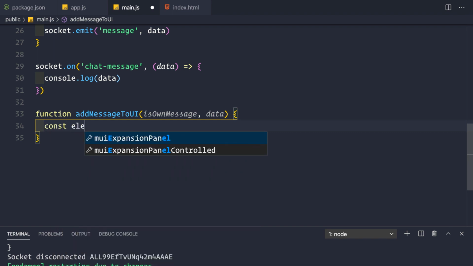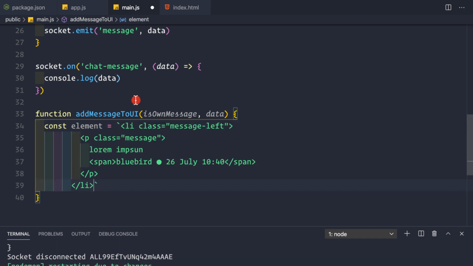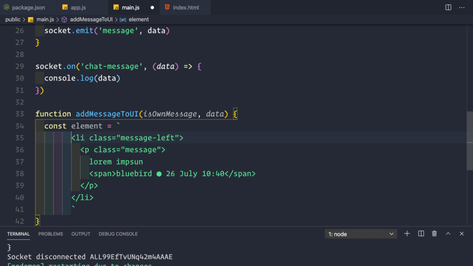So const element equal to, I am using backticks here, like this. So here we are creating this li element. This li element should have a class of message-right if it is our own message, that is if this is true, and it should be message-left if this is false.